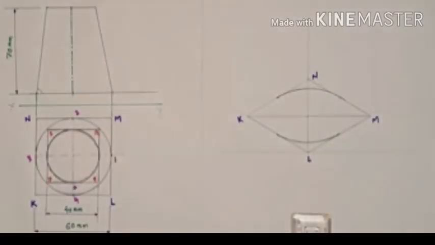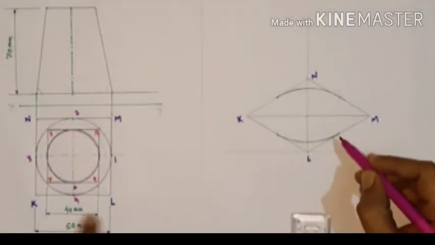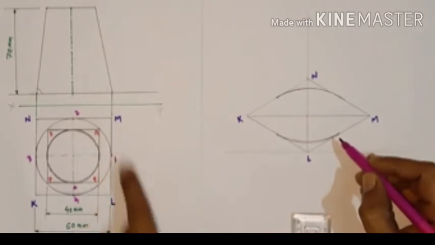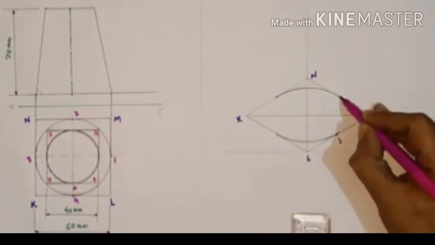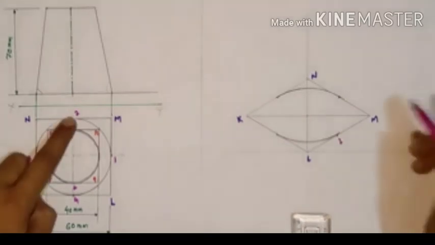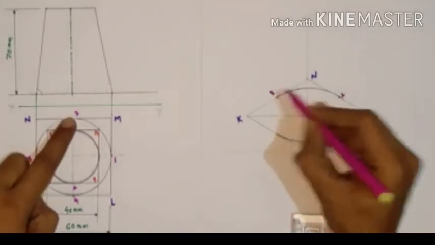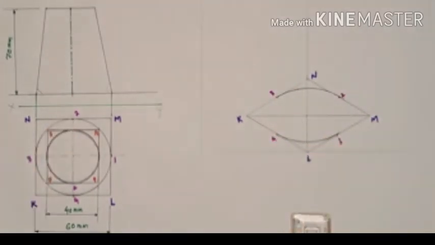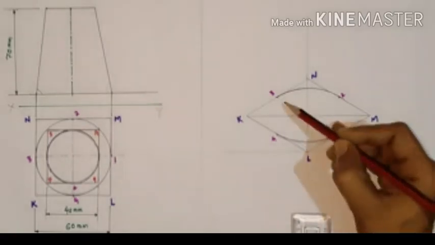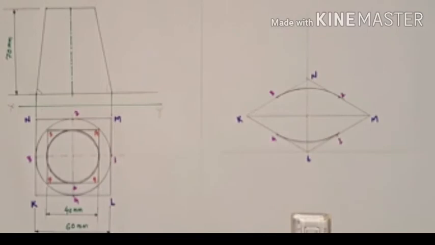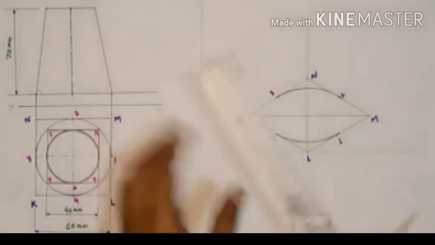Okay, now the next step is, I make a dimension for this, and the one is between L and N. So here this is your 1, this is your 2, next is your 3, and it is your 4. Now what we require is to join these. For this a certain unique procedure is adopted.